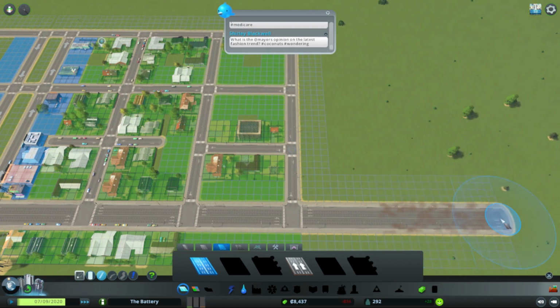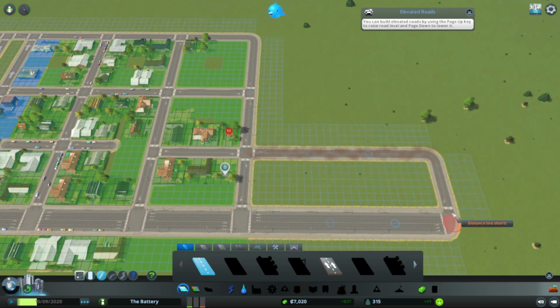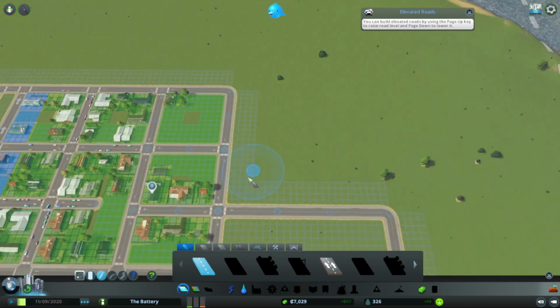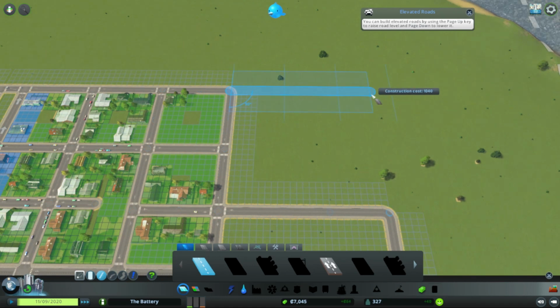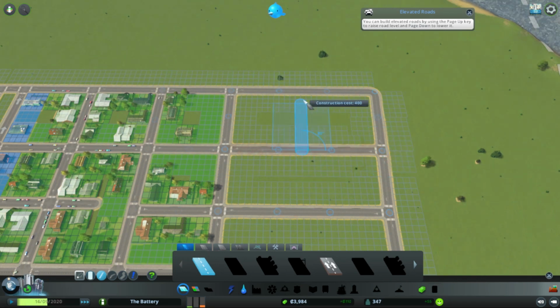How are we doing on money? We have $9,000 still, which is perfect. In the beginning, you will always lose money. So when you see that, oh, I'm actually making money, all right. Okay, see, look at that. Usually in the beginning of all cities, you will lose money. It's pretty much a guarantee, but